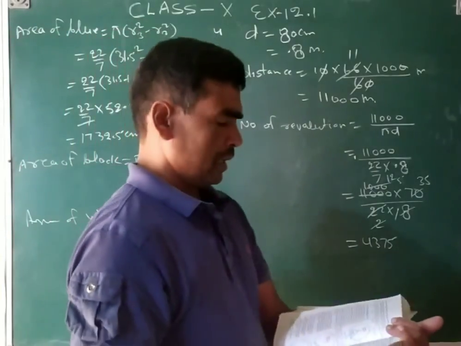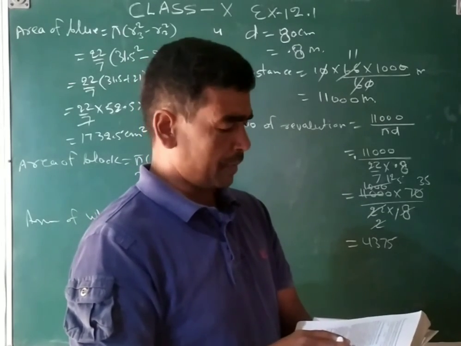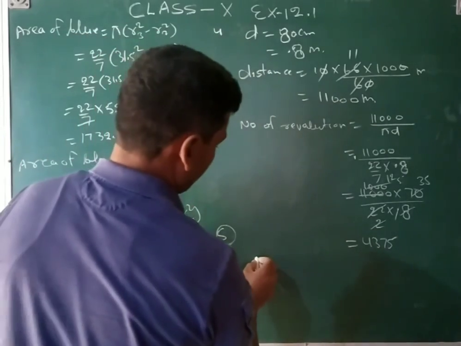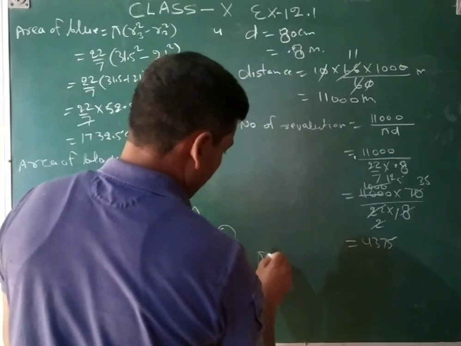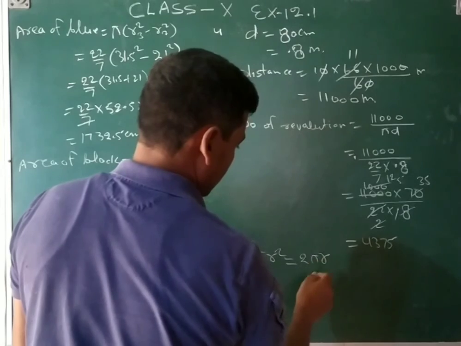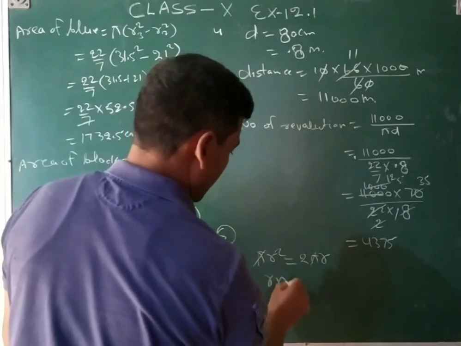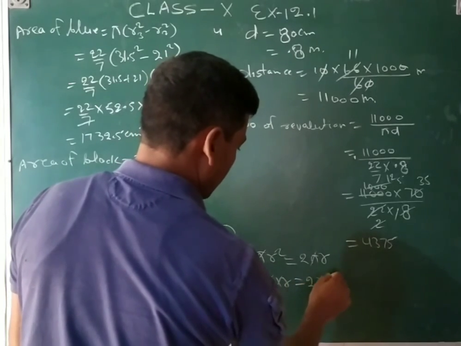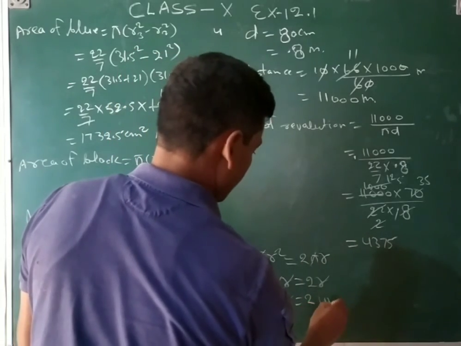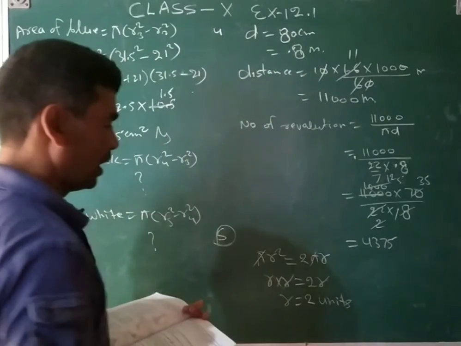Take the correct answer in the following and justify your choice: if the perimeter and area of a circle are numerically equal. So area and perimeter are equal, so that pi r square is equal to, that is the area, and perimeter is 2 pi r, so that you know that pi cancel by pi, so r square means r multiply r, r is equal to 2r, so r cancel by r, so r is equal to 2 unit. It means that is option A, right. Okay.